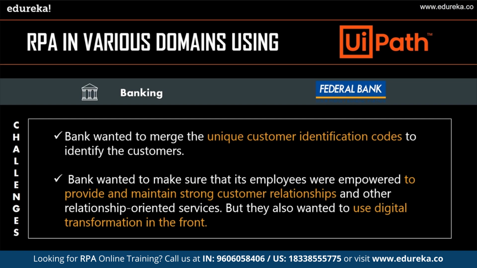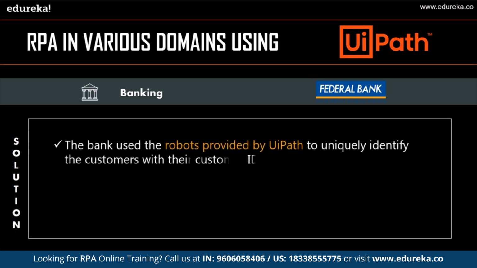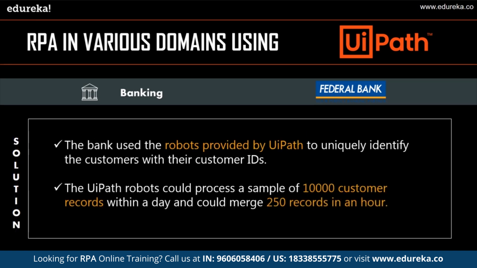Also, one more challenge which was observed is that the bank wanted to make sure that its employees were empowered to provide and maintain strong customer relationships and other relationship oriented services. But they also wanted to use digital transformation in the front to run the businesses, service customers and help employees. Now, to overcome these challenges, Federal Bank started looking for various opportunities and started evaluating the top RPA